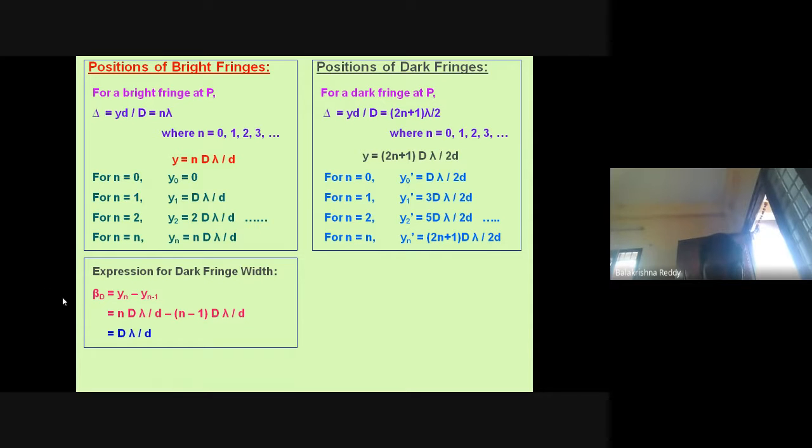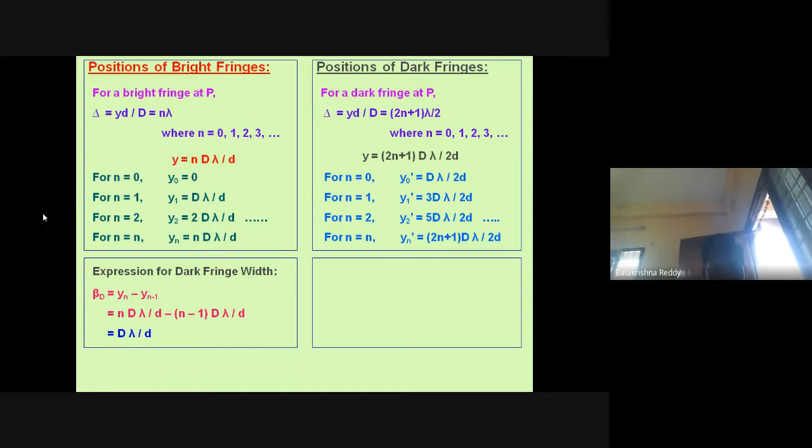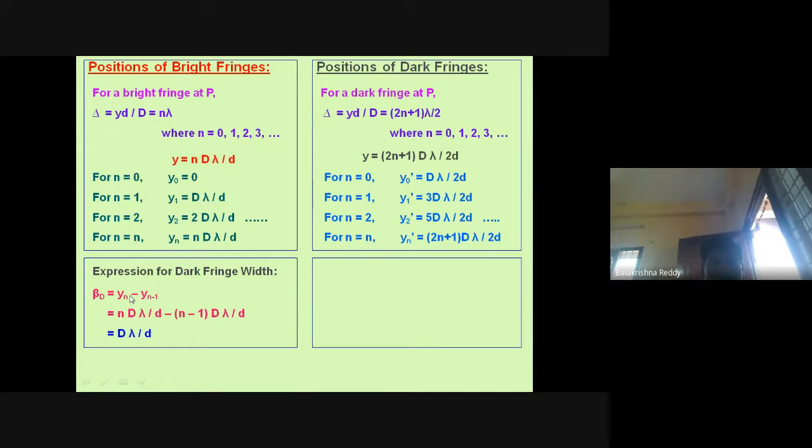The nth position we can write as n D lambda by small d, minus